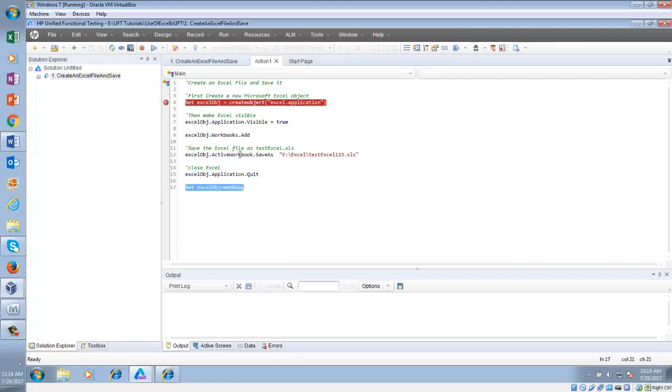So what is the use of set Excel object? If you want to use Excel, first you will have to create an object. How do you create an object? Use create object function and then excel.application as a parameter, and then let me show you how it works. If I start execution,